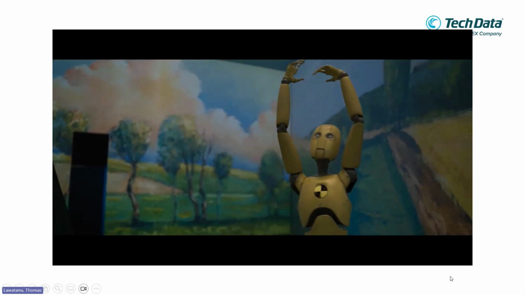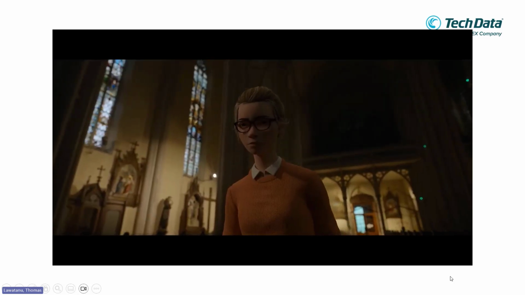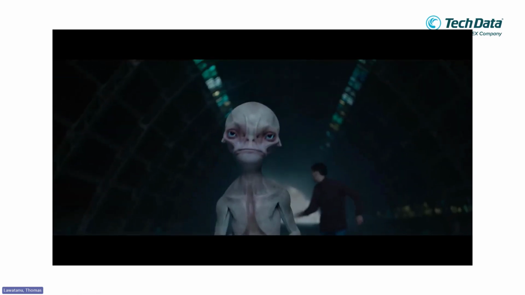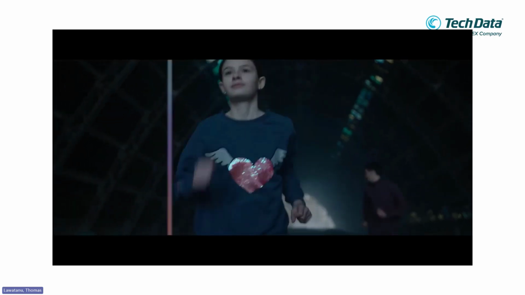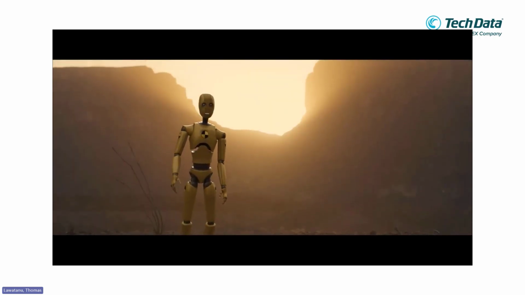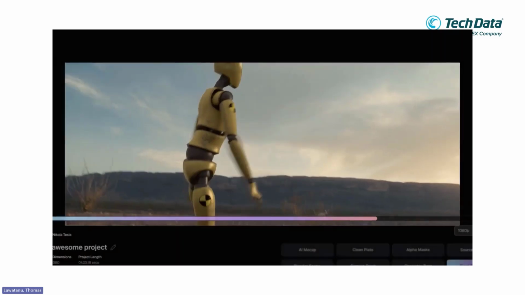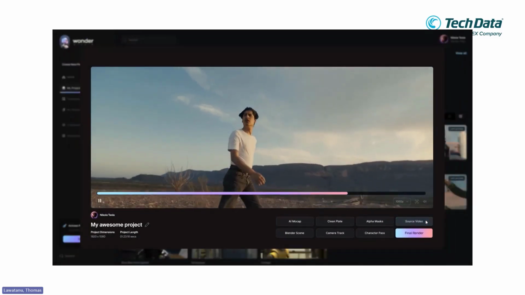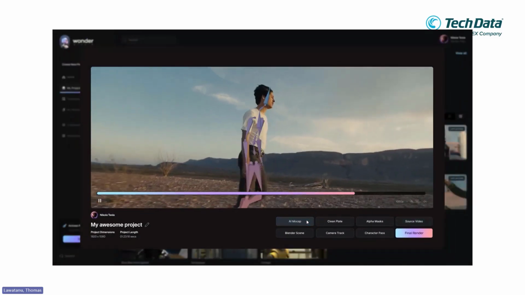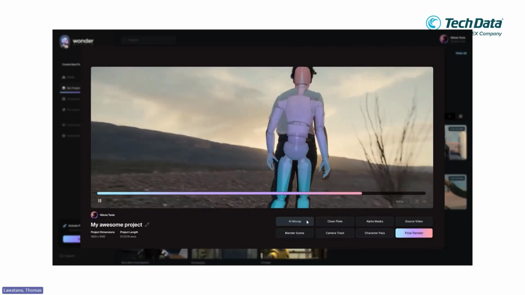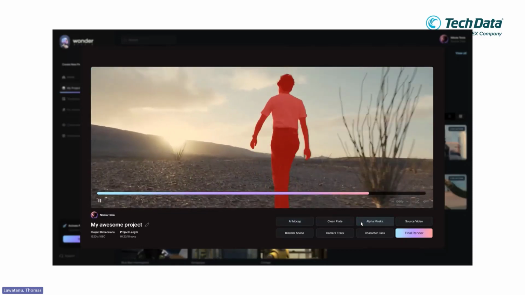Filmmaking is a medium of creativity and collaboration between artists. There's no AI that can replace that. Wonder Studio was built to empower those artists while still keeping the existing 3D process in mind. Alongside the rendered results, Wonder Studio gives you the ability to export the individual layers you need to deliver your final visual effects shot.